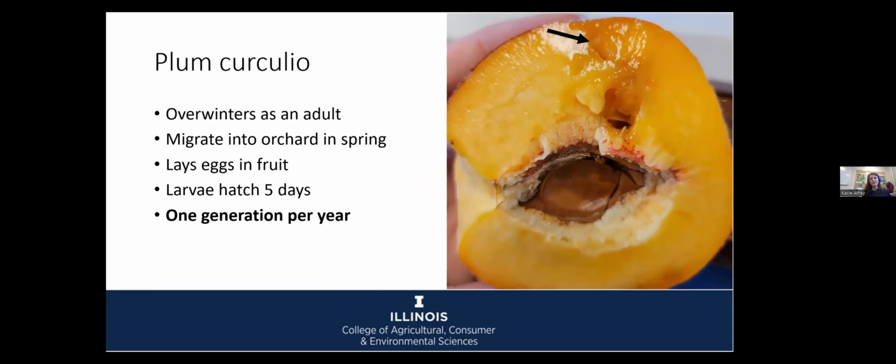And so these migrate into the orchards in the spring, which is when a lot of things come into the orchards, and they lay their eggs directly inside of the fruit. So unlike something like codling moth, you don't have the larvae on the outside of the fruit ever. The eggs are in the fruit immediately, so you're really just targeting with sprays just that adult when it's active. The larvae hatch pretty fast. Conventional wisdom says that in the Midwest, we have 1 generation of these per year. It looks like, at least in my state, we may have 2, which will change some of our spray recommendations.